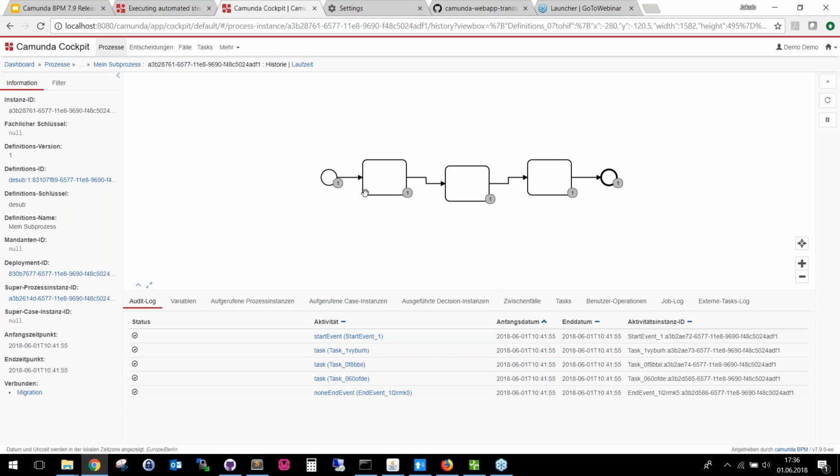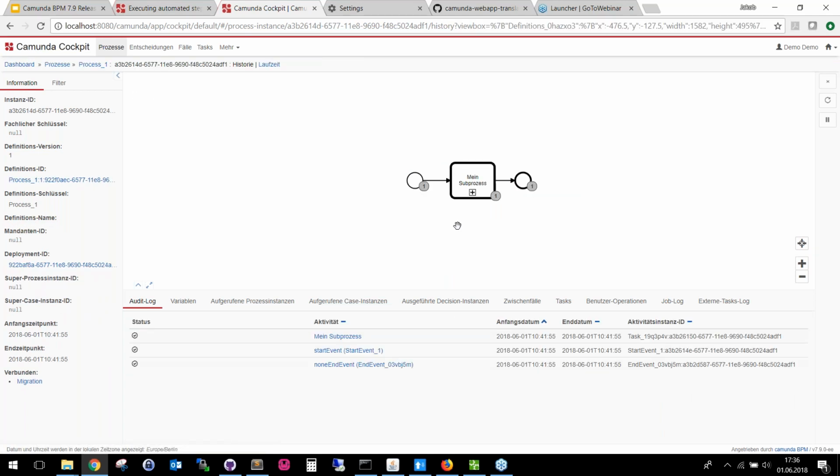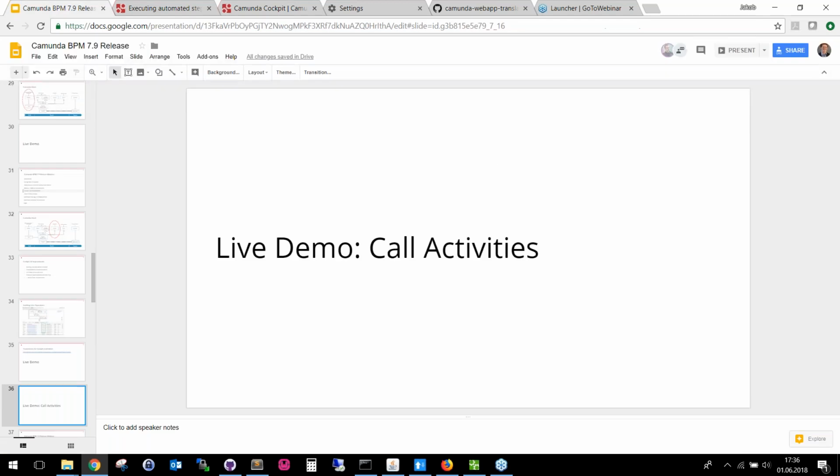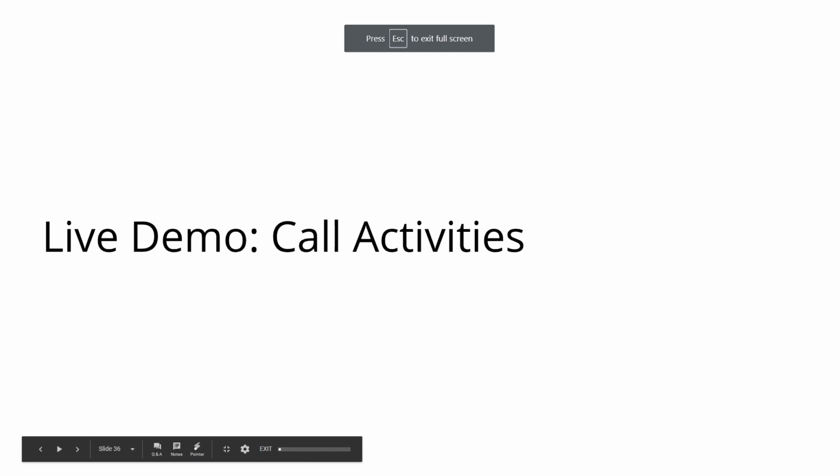Of course, there's no icon or symbol here, but on the left-hand side, I can see there's a super process instance ID. Clicking on that brings me back to the top of the hierarchy. So that's, of course, very convenient for tech operations again. Good. There's another thing,